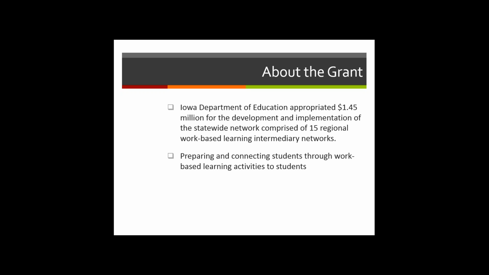And then in 2013, we received 1.5 million, appropriated to each of the 15 regions. So each of the regions receives approximately $100,000 to do the work. For many of the regions, that partially funds the programming they have in place. But we're very grateful to our state legislators for appropriating that money, which allows us to provide those services to you, all in an effort to better prepare and connect students through work-based learning activities. So that's just a little bit about the origins of how we came to be and how the